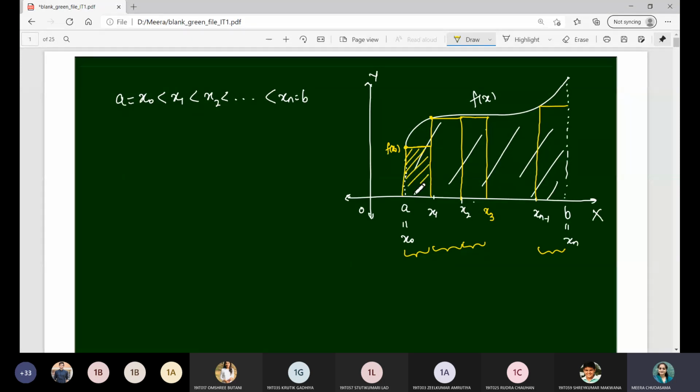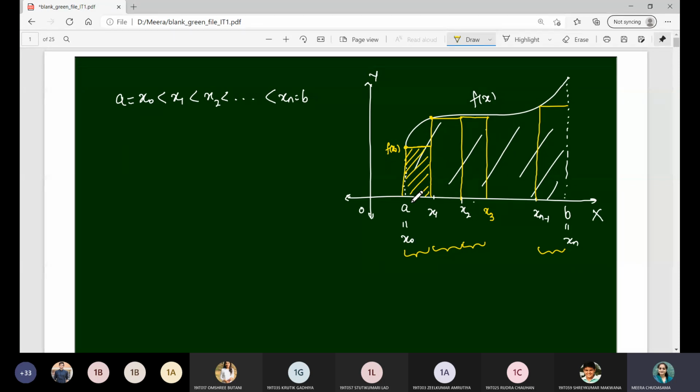We will first consider the area of this rectangle. Why? Because at the initial point, when integration was not invented, if you wanted to find the area under a random curve, or a random arc, the formula was not known. Known structures are circles, rectangles, triangles, like that only. So we will use rectangles to approximate the area under the curve.